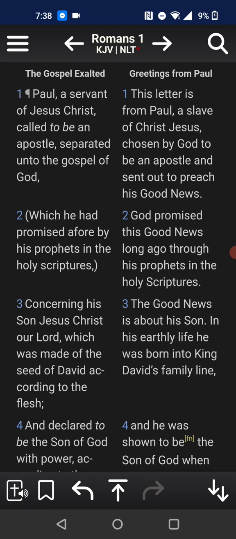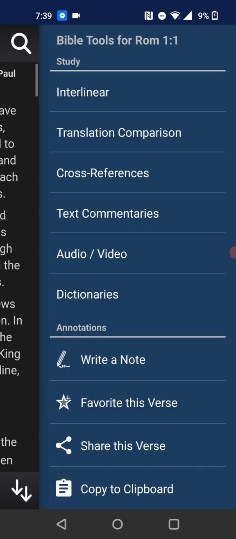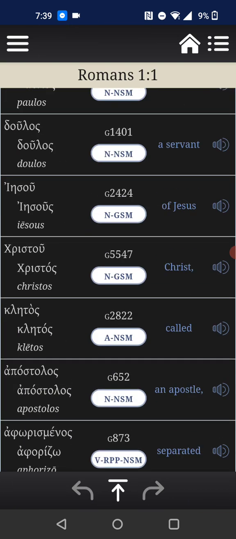And today I would like to talk about the word apostle in the Koine Greek. Very, very rudimentary understanding, but we're just going to get into it. So Romans 1:1, Paul, a servant of Yahushua HaMashiach, called to be an apostle, separated unto the gospel of the Most High. Now, that's why you get into words.